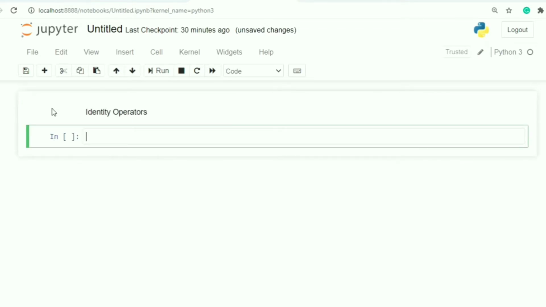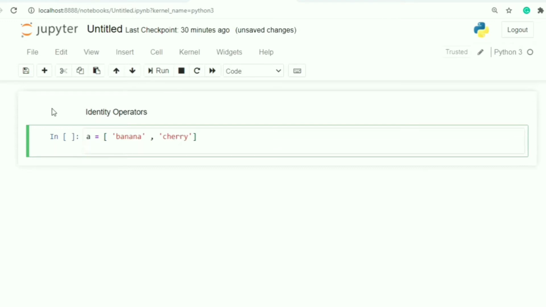Let me take an example. I am taking a list. Here I am taking a variable, with an item banana. Here I am taking another item, cherry. Let me take another item.